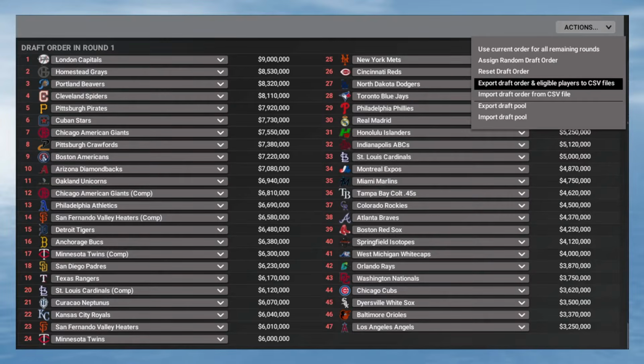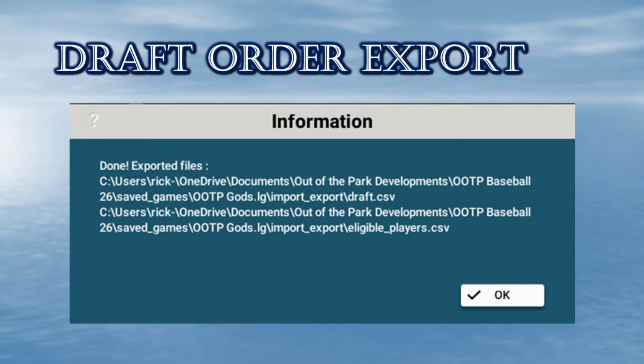It should look something like this. From here, you can customize the entire draft order by clicking the Actions dropdown and selecting Export Draft Order and Eligible Players to CSV files. The game will tell you exactly where it saved 2 files. Don't worry about the eligible players one, just head over to the location where it saved the draft CSV file